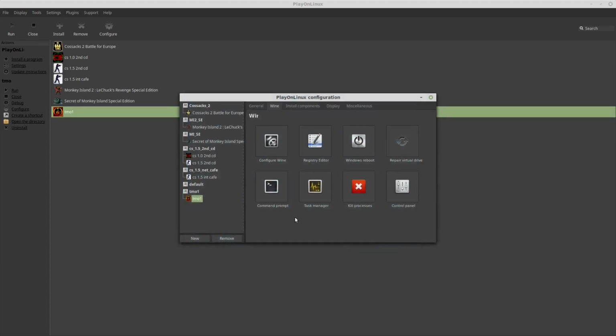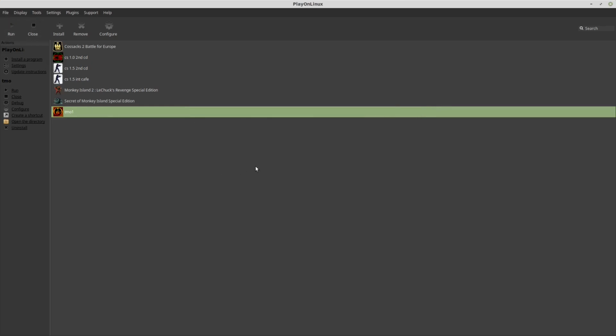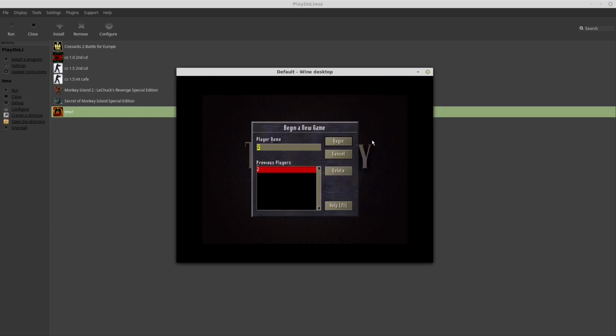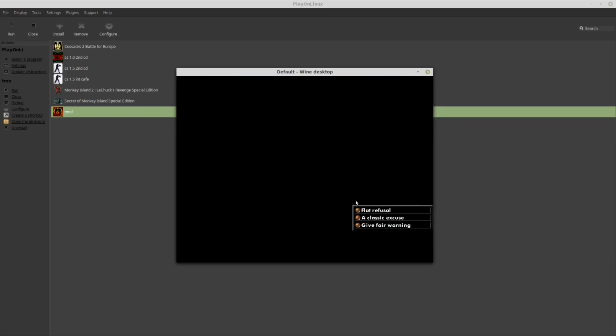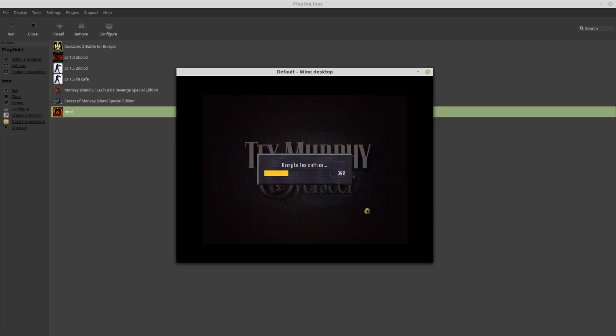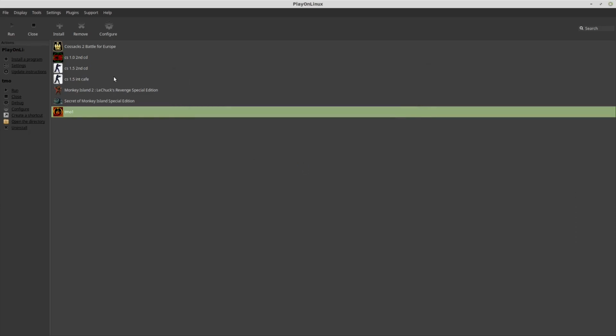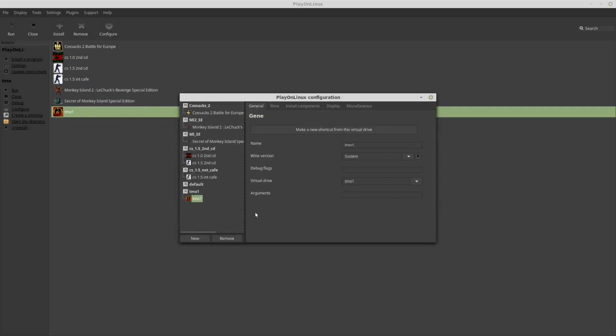Both 7 and 10 should be equally as direct, so it shouldn't matter which one I select. Yep, that's right. Alright, well, not much else to do here except I want to install